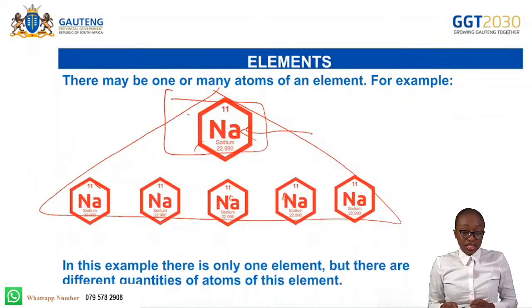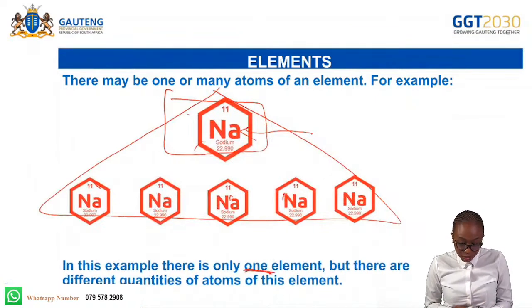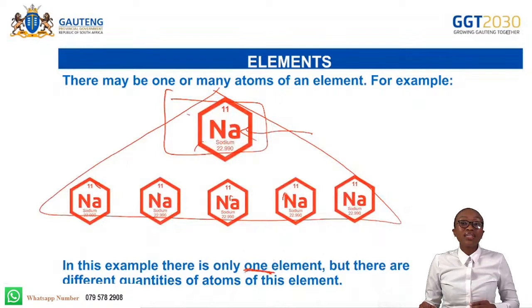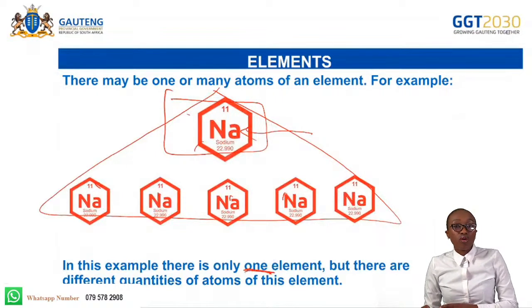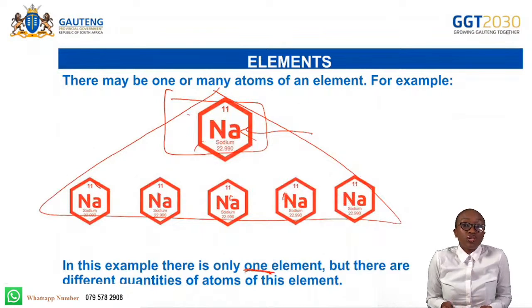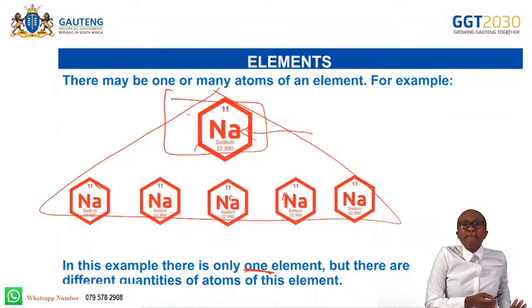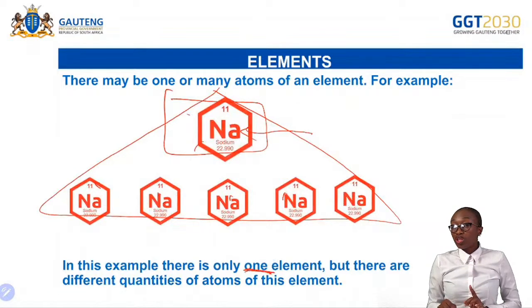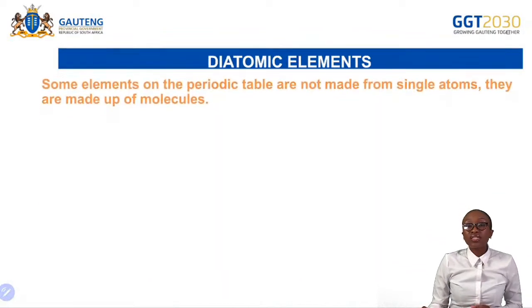Okay, so in this example, there's only one element. So there's one element and there are different quantities of atoms of the element sodium. Okay, so you need to understand that the name of the element is sodium, but you can have many atoms that belong to the element sodium. Okay, now let's learn about